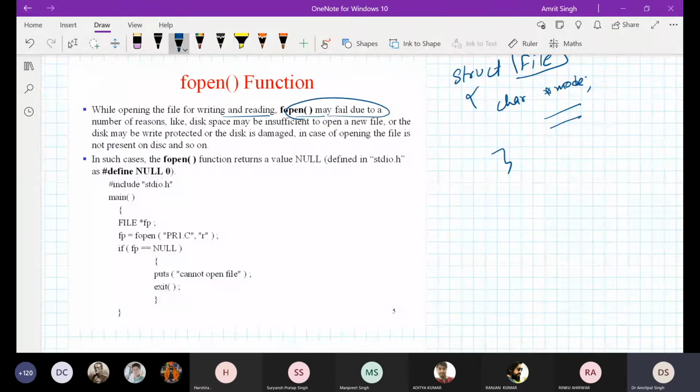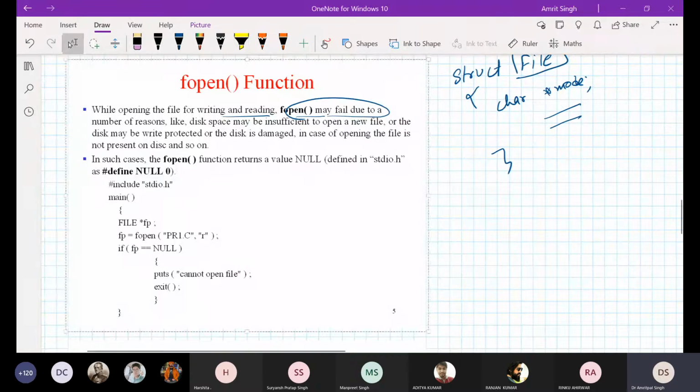The reasons are like the file is not present, or the file is in protected mode. Let's say Aditya told me, okay sir, I don't want to allow anyone to write in my file, and if I try to open Aditya's file in